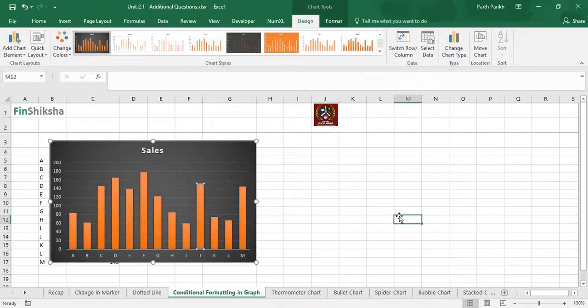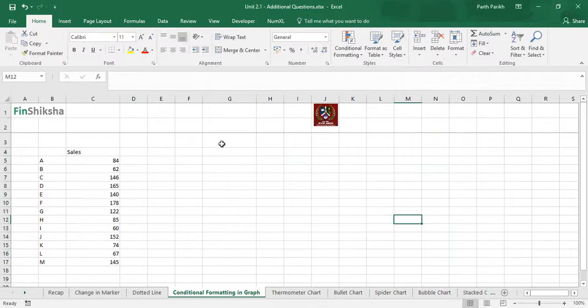Instead of that I want to have a deeper understanding, which says that if my sales is above 100, then give me output in a different color. If my sales is below 100, then give me output in a different color. How do we do that?